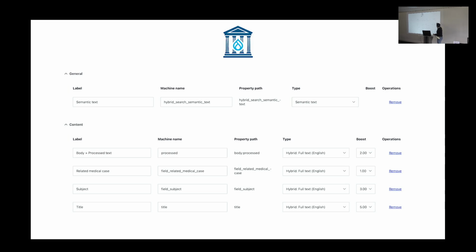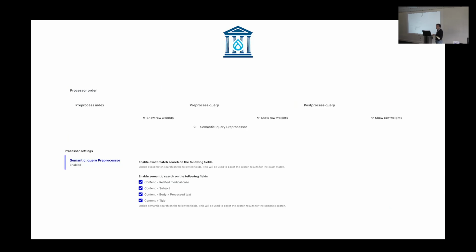So this field on top has all the content combined, fine-tuned from the contents below. And the processors this time only has the semantic query preprocessors, and we enable the fields that we want basically to combine to this new virtual field that we will send.